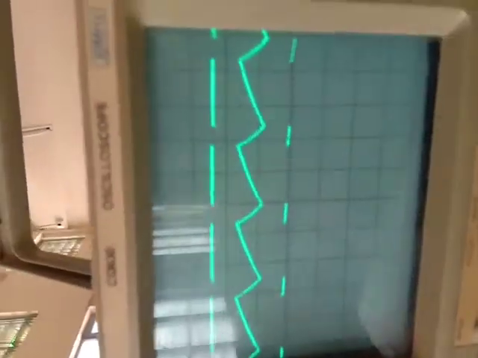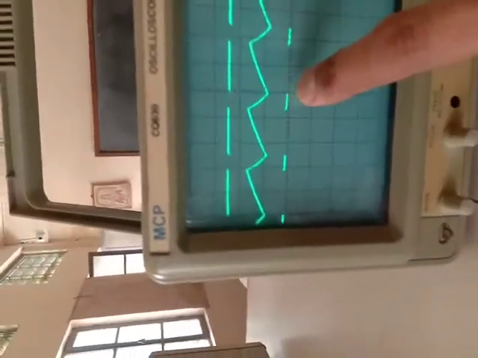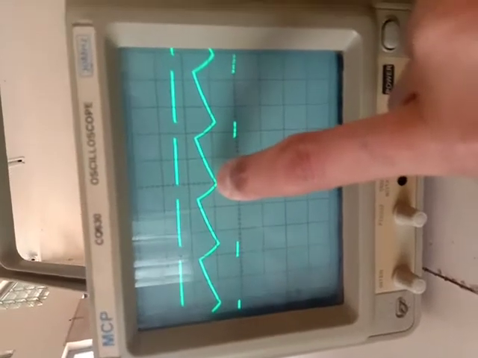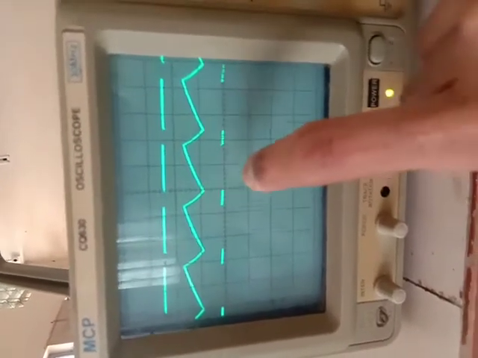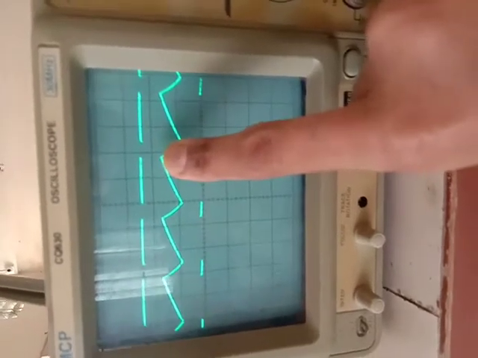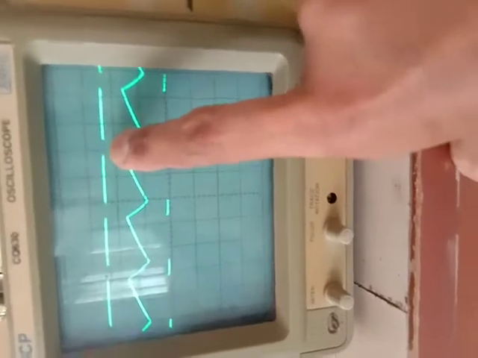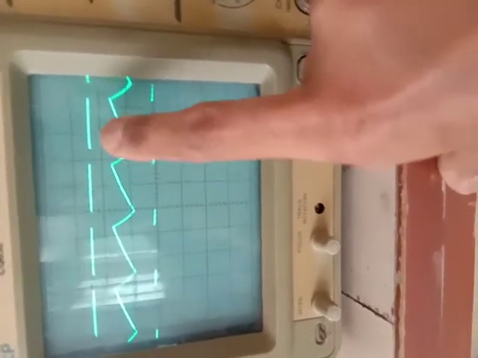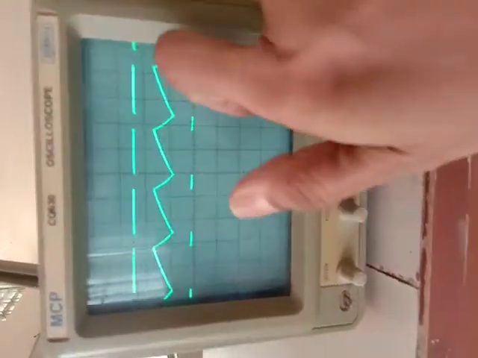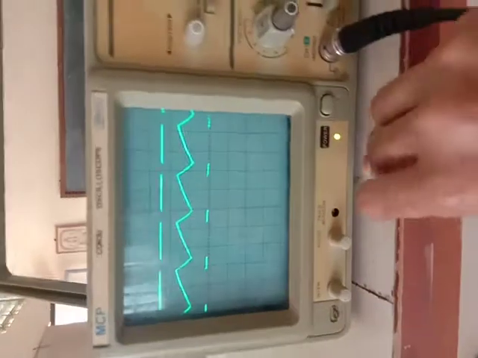So I will get charging and discharging across the capacitor. Now over here if you see, from the 0 line to the point where it starts charging should be 1/3 of VCC, and from the 0 line to the point where it gets fully charged, it should be 2/3 of VCC. It will charge during the T on and it will discharge during the T off. We have taken a duty cycle of 75%. So T on will be 75% and T off will be 25% of the total time.